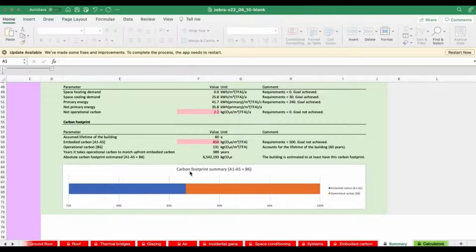It's in red because we were hoping for 500, but because we've taken no steps to use low embodied materials, we just chose the standard construction, it's not surprising we didn't make that requirement. And we can compare that number to the 131 kilograms of CO2 equivalent that the operational carbon adds up to over the 60 years. Okay, so the years it takes operational carbon to match the upfront carbon is 389 years.